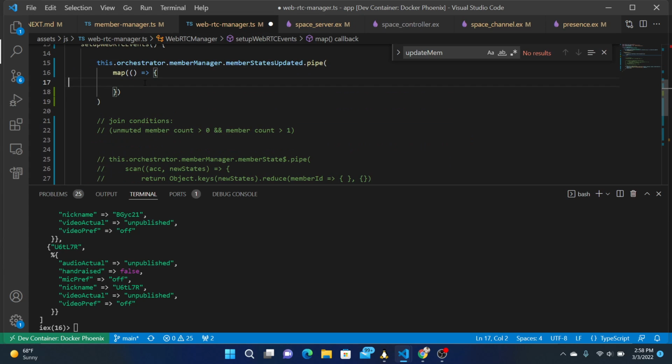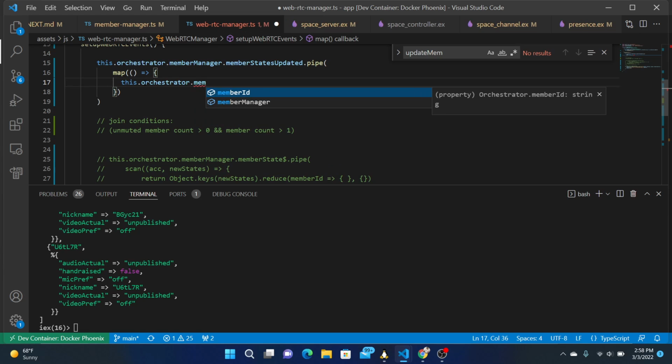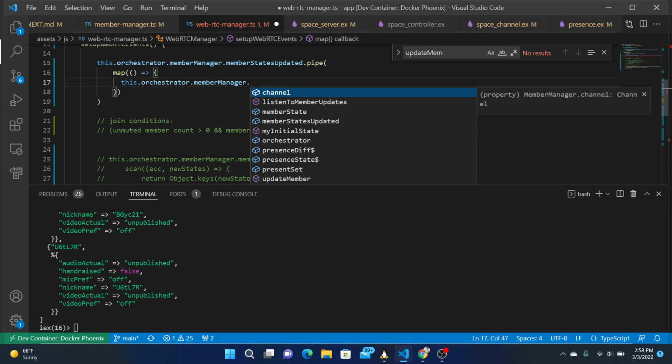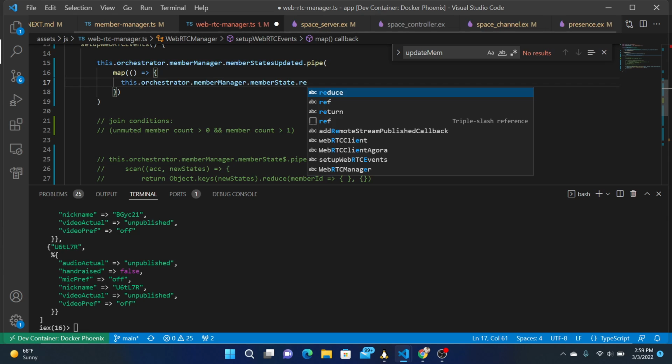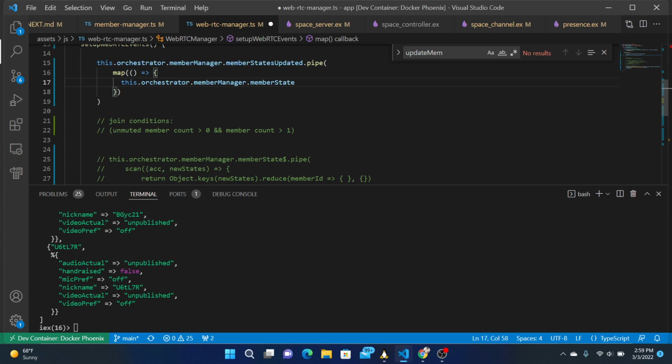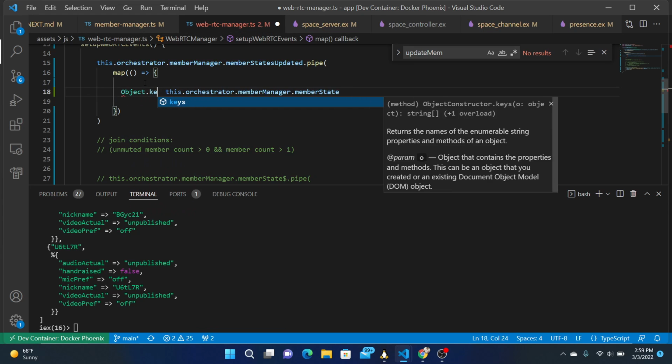What we'll do is we don't actually care what the value of that thing is. We want this orchestrator member manager dot, what do you call, member state, and we want to reduce, so we want to iterate all over the object keys. So object keys,